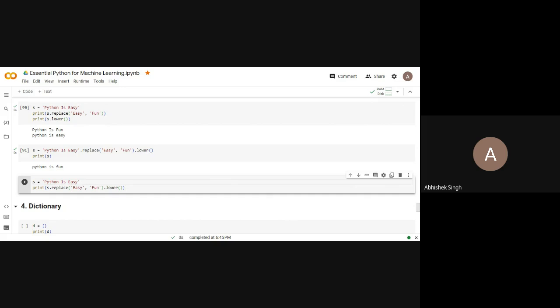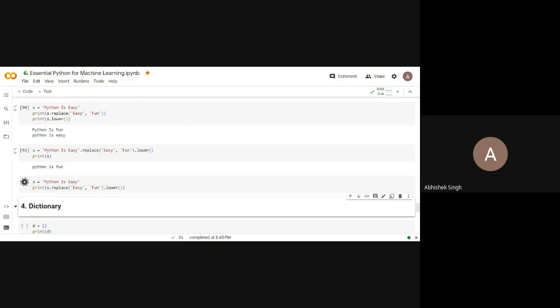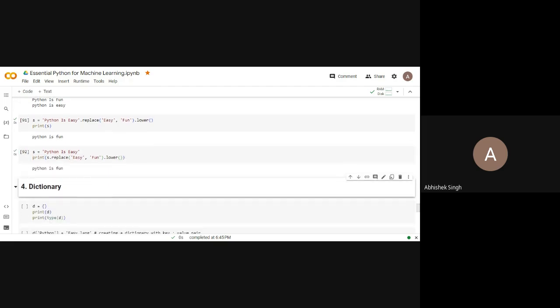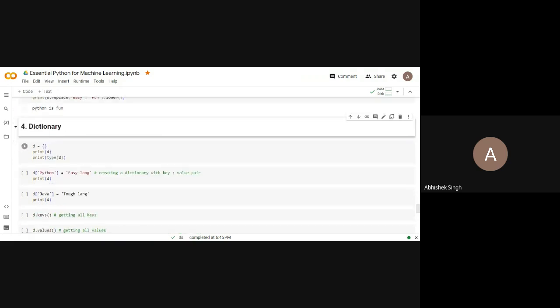Or you can write it like this also: s dot replace easy comma fun and then dot lower. Again, this function is very helpful in machine learning because there are certain date columns where you want to replace dash with slash, or you want to skip certain things, so the replace function is very helpful in machine learning.